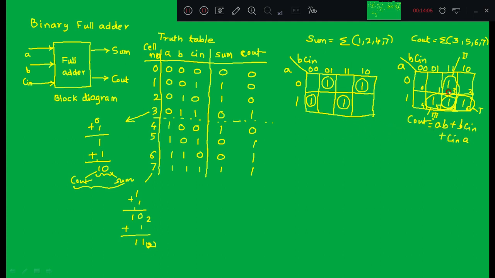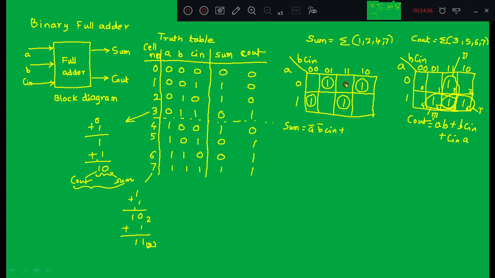C out expression we derive directly from the K-map, but if you observe the K-map entry for sum, which is for 1, 2, 4 and 7, grouping cannot be done using a K-map. So we try to solve manually with the theorems that we know. This expression can be written as: first term A bar, B bar, C in.